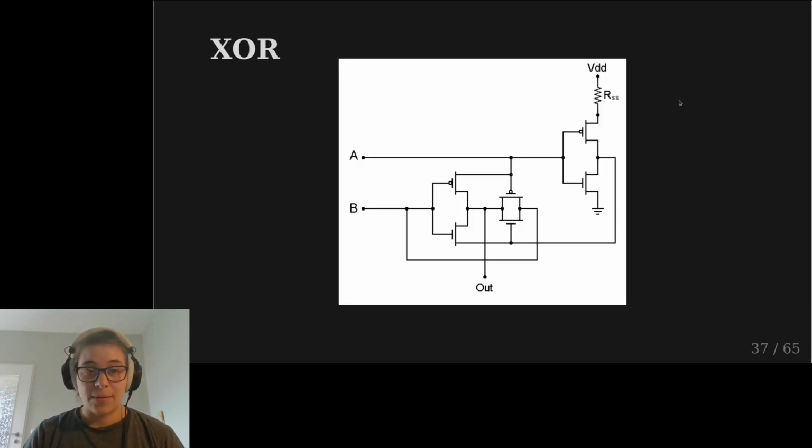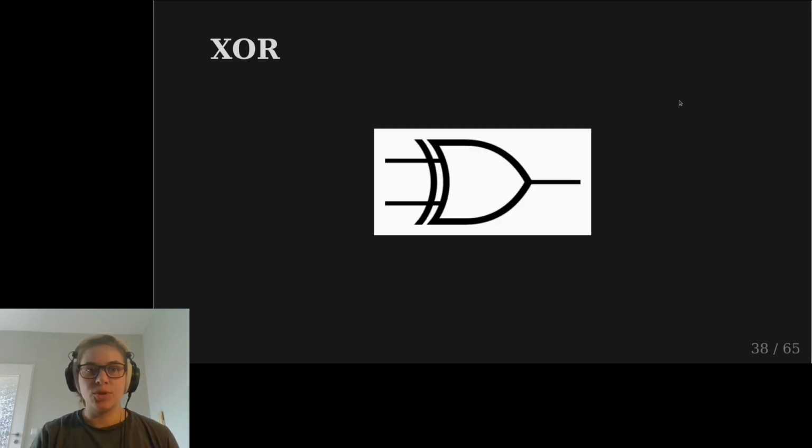For the rest of the time, I want to shift the focus to another protagonist that is called exclusive OR. This is a schematic of how many transistors you need to actually make an exclusive OR gate. In this schematic, it uses 6, I think. So there are 6 transistors in an exclusive OR gate. Usually it's just